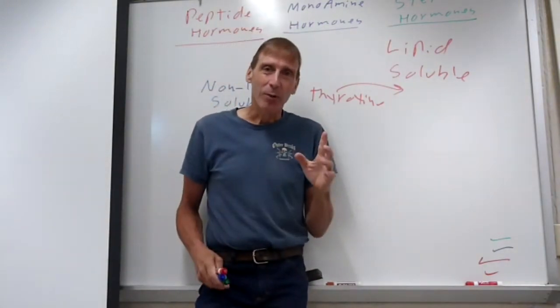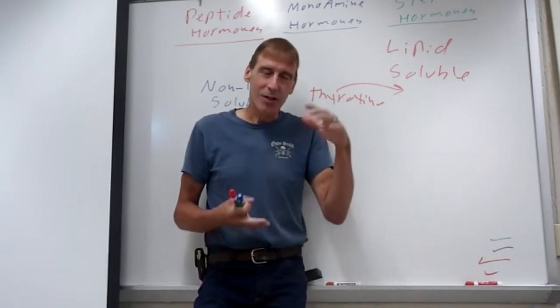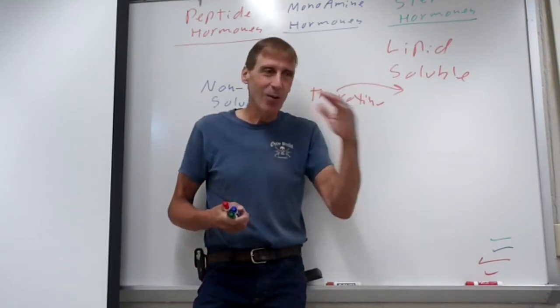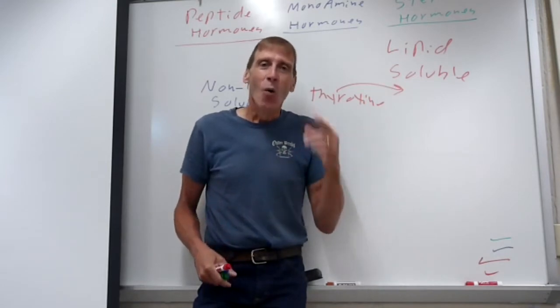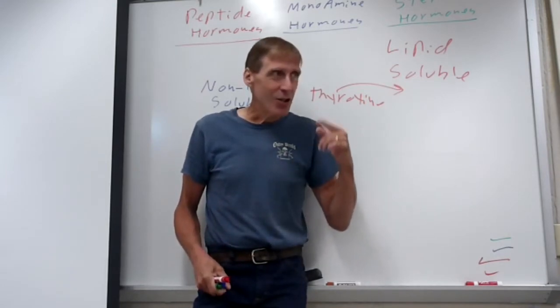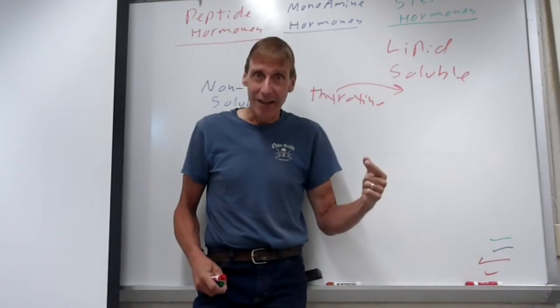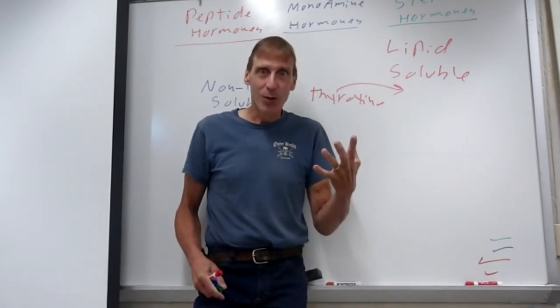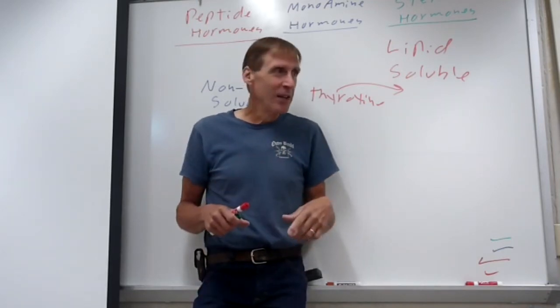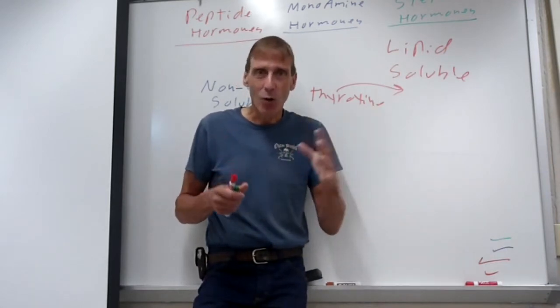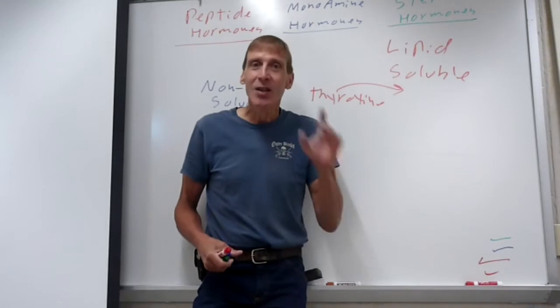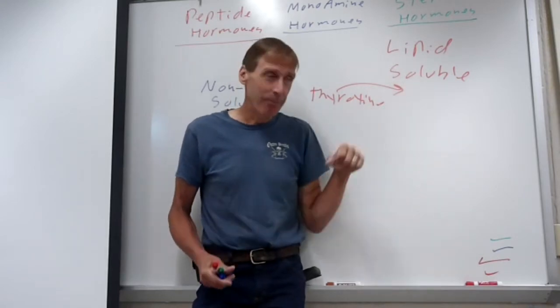And here's a way to remember them. There's a table in the book, and I think the one I gave you, it'll tell you whether it's lipid soluble, non-lipid soluble. You can memorize them all, but don't bother. What you're going to have to eventually is determine what hormones come from what gland, right? Like the posterior pituitary secretes ADH and oxytocin. The testes, testosterone, the ovaries, estrogen. So you're going to have to know what hormones come from each gland anyway. So here's a way to remember if they're lipid soluble or not.